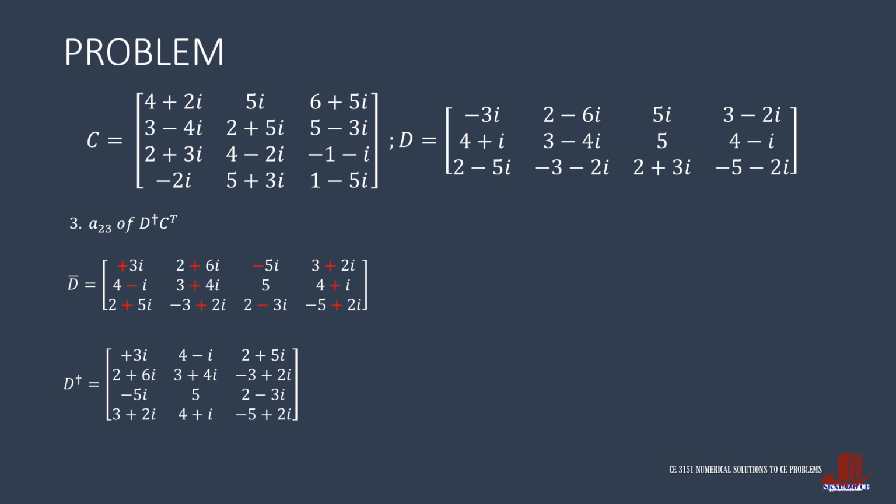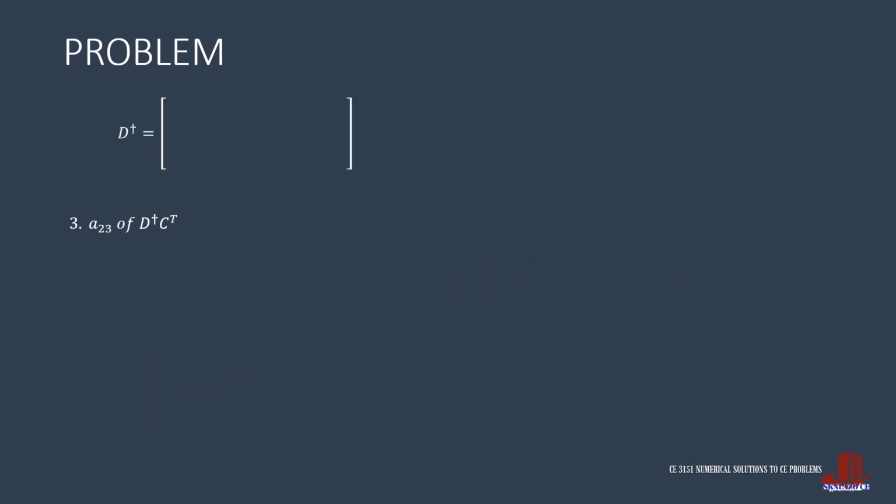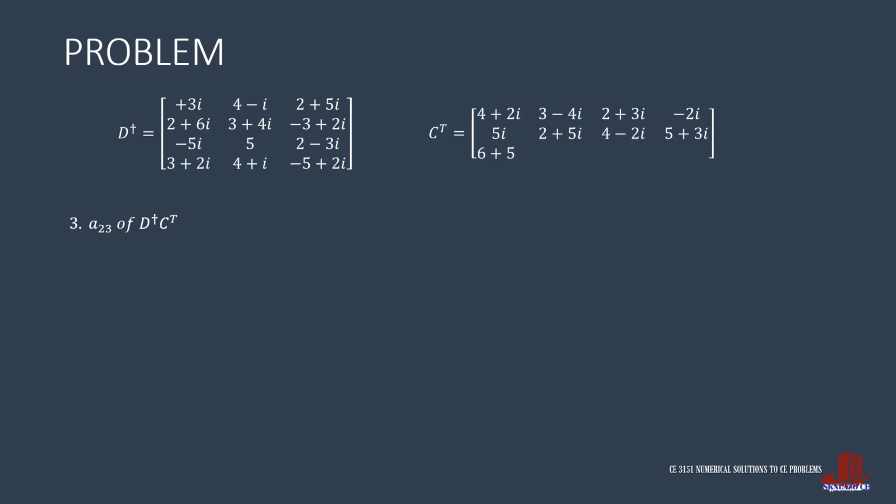The second matrix C only needed to be taken its transpose, so interchange its columns with its rows, making a 3 by 4 size. The size changes make these two matrices conformable, so we can actually multiply them. What we need is specifically element 2, 3, and similar with the discussion of requirement 1, we only need to focus on the second row of the first matrix and multiply this with the third column of the second matrix.